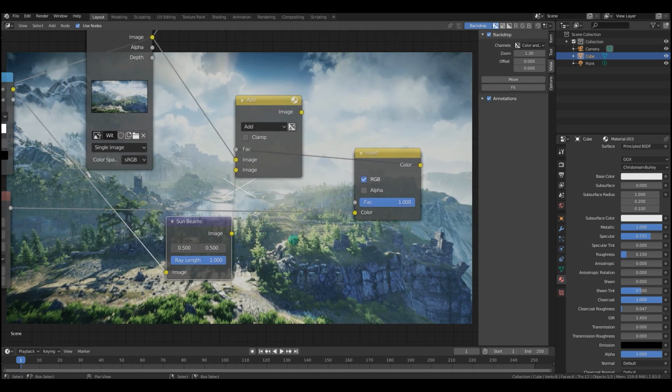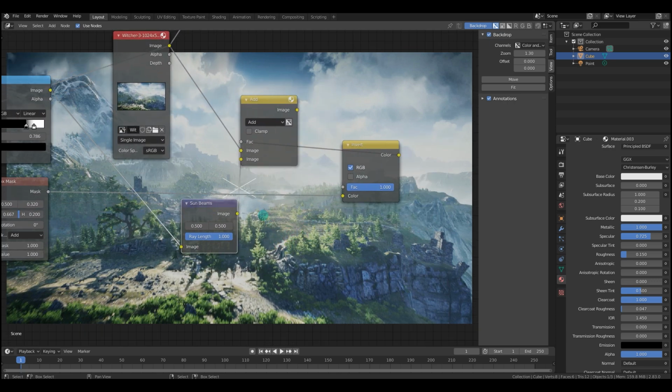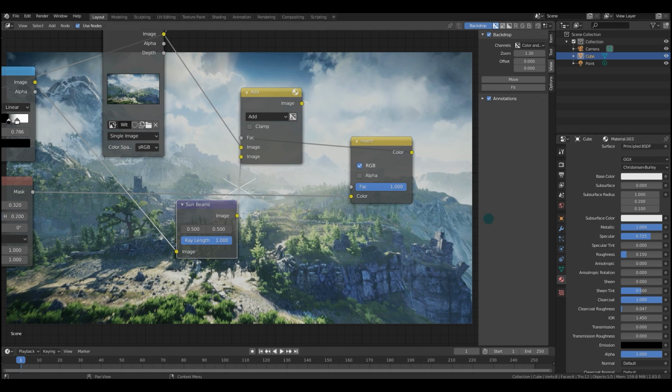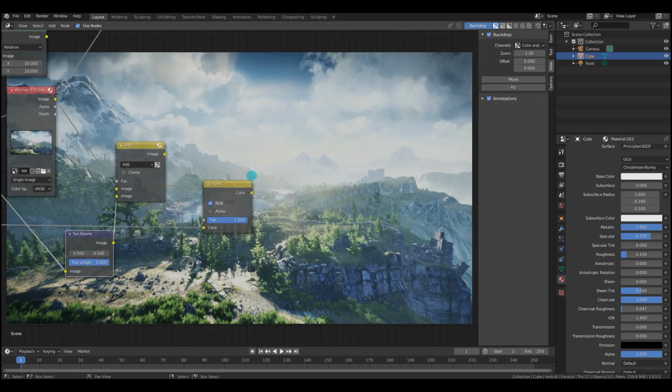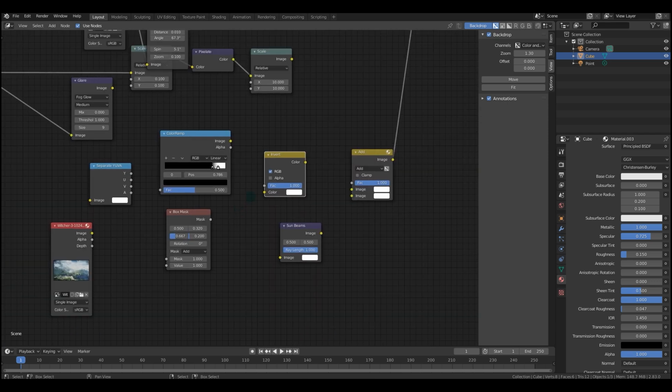The sunbeams node is used to simulate light scattering based on image brightness. It can be used to skip volumetrics, render times, or add flavor to a bright scene. It's a little complicated to set up, but here's what we're going to do right now. Go from this image to this image. All right, let's make this happen.